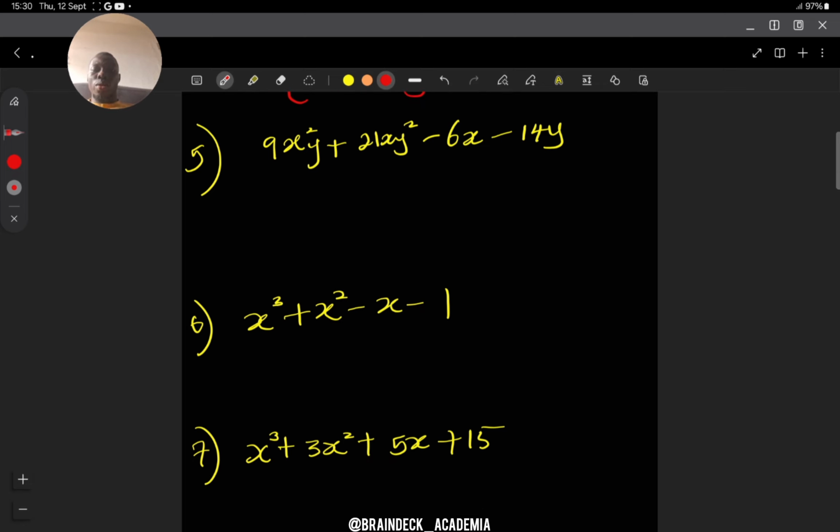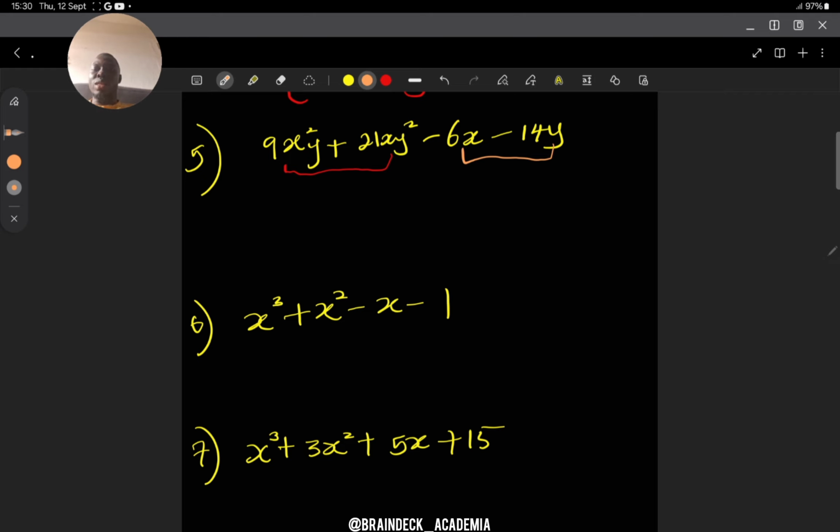Alright, so now we're dealing with a 4-term expression. Whenever you are factorizing a 4-term expression, the first thing you need to notice is that when they are 4, you need to pair them, 2 and 2. Meaning you factorize this pair separately